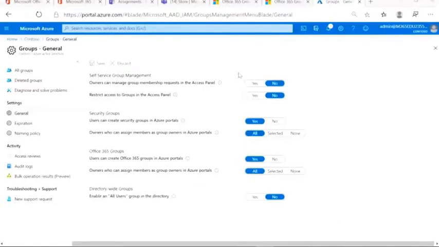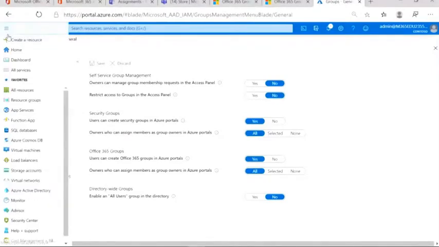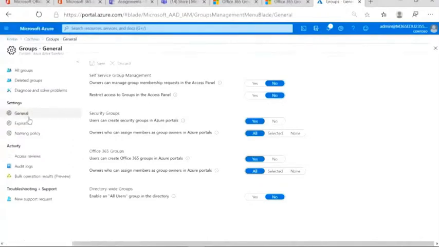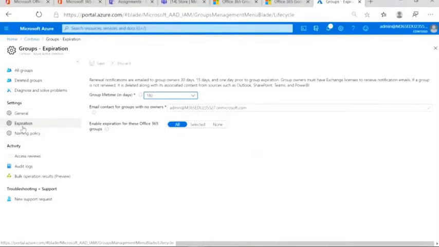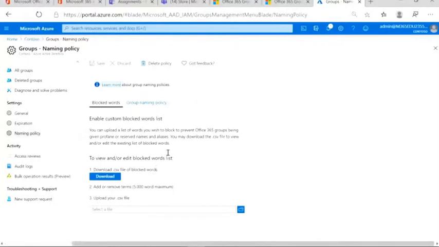Now quickly to the Azure admin portal. We're not talking about Microsoft Teams policies because, as I mentioned, we are now using Office groups, and Office groups are part of Azure Active Directory. And this is where we can see very easily, I can set up my expiration policy, I can set up my naming policy,